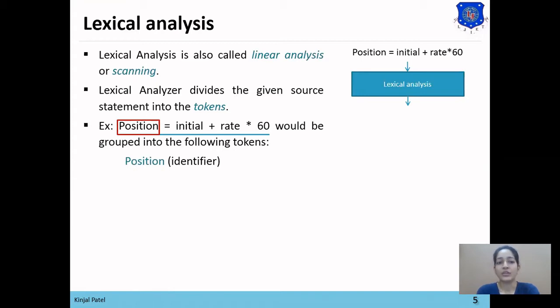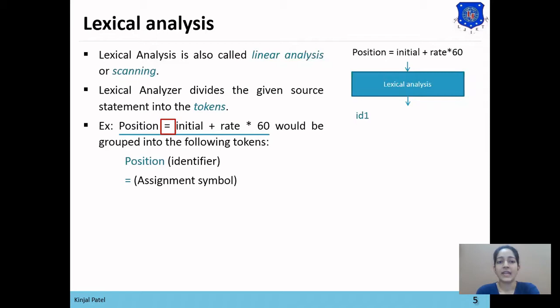So as position matches with the token of identifier, lexical analysis will denote that position is an identifier type of token. Then once one string is found as a token, it will check for another string which is equals to. As equals to matches with the pattern of assignment operator, it will denote that equals to is an assignment operator.